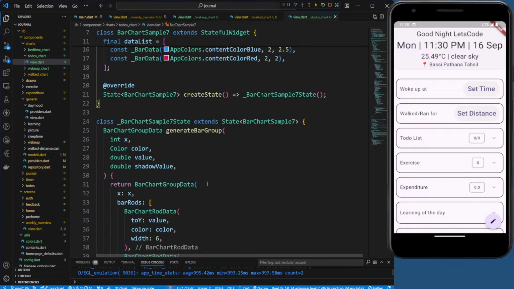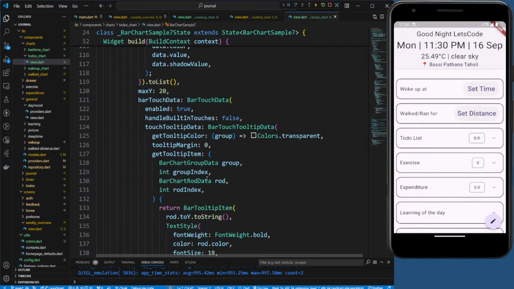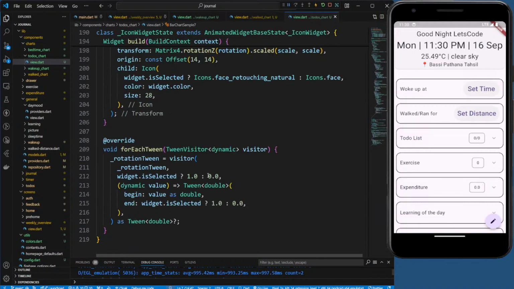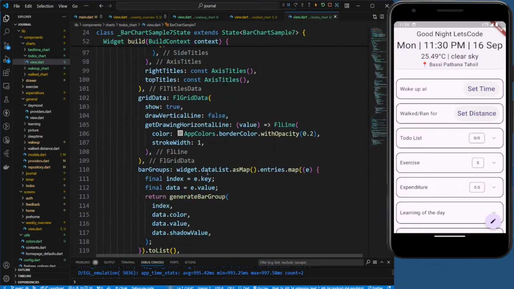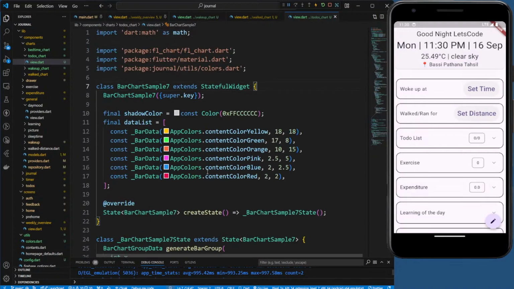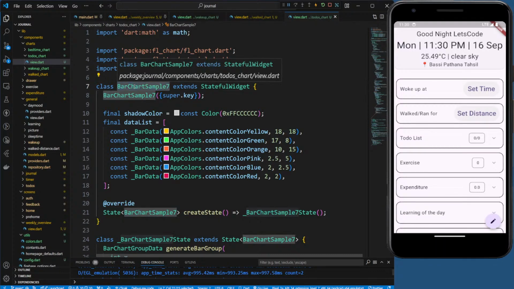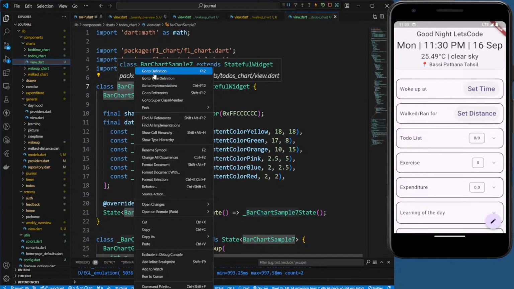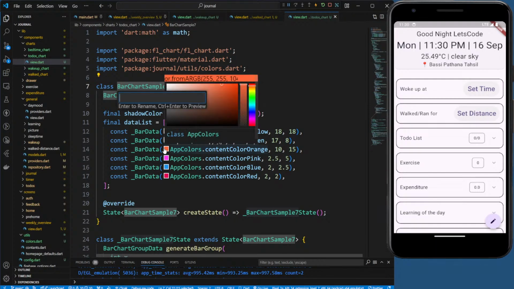Okay, and do we have any errors other than this? It seems no. So let's see how this looks. Okay. This will be